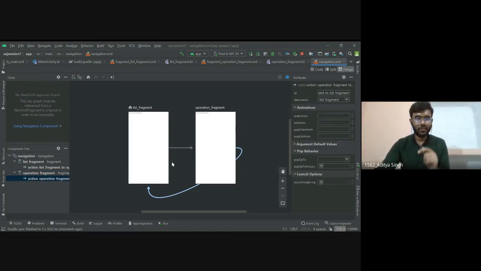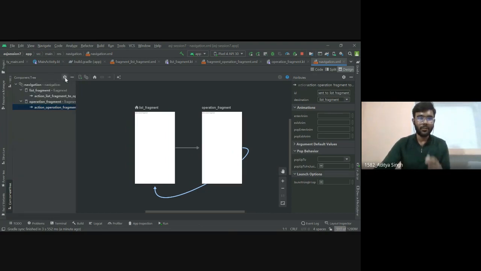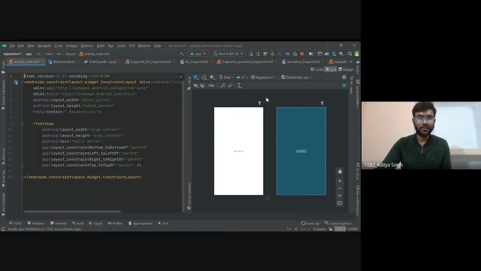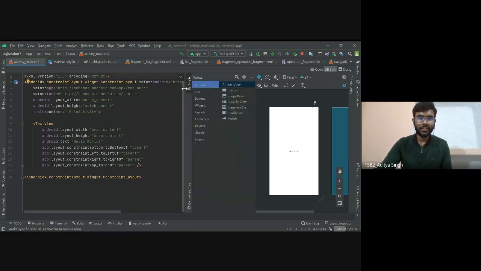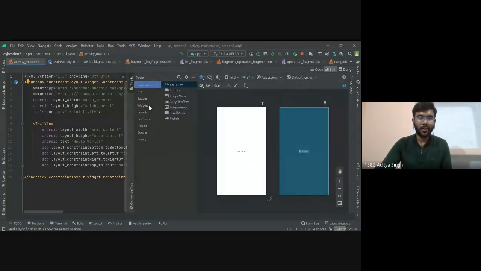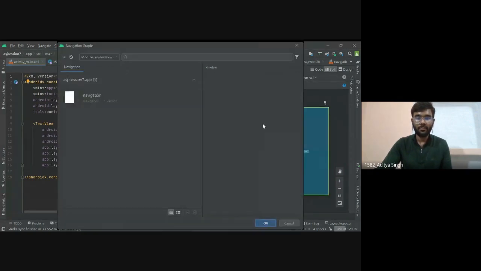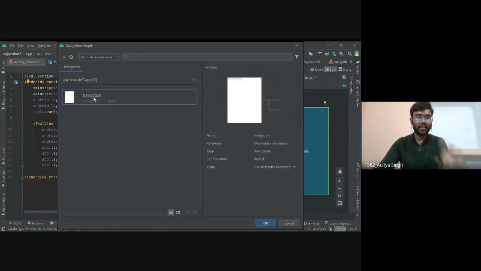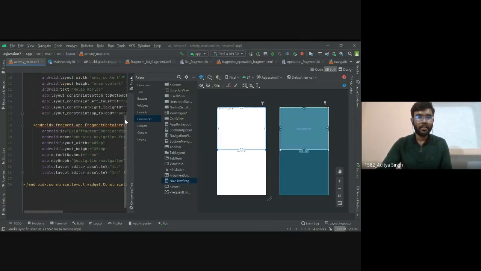Now we need to add a nav host fragment in our main activity. You can simply add it from the palette section. You don't need to write the code. Inside this container, you can simply drop the nav host fragment here and it will ask you to attach a navigation resource file. So you can select the file which you have created just now and press OK.